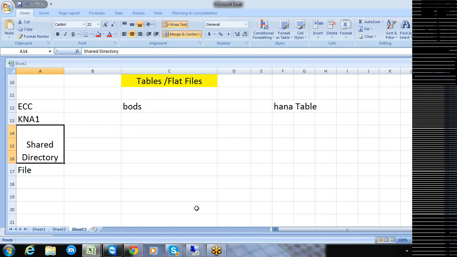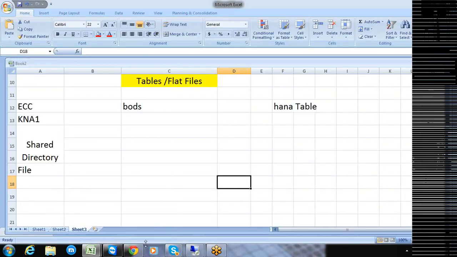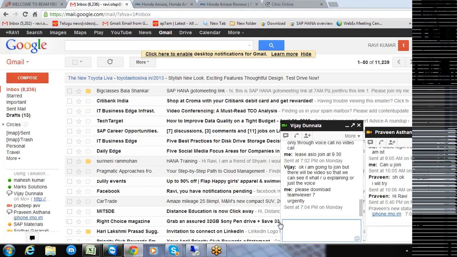So Vijay, it is clear to you, right? Yeah, it's clear. I just want to know when the DAT file is created. Once we start looking into that one, it will be known to you. Okay. Sure.